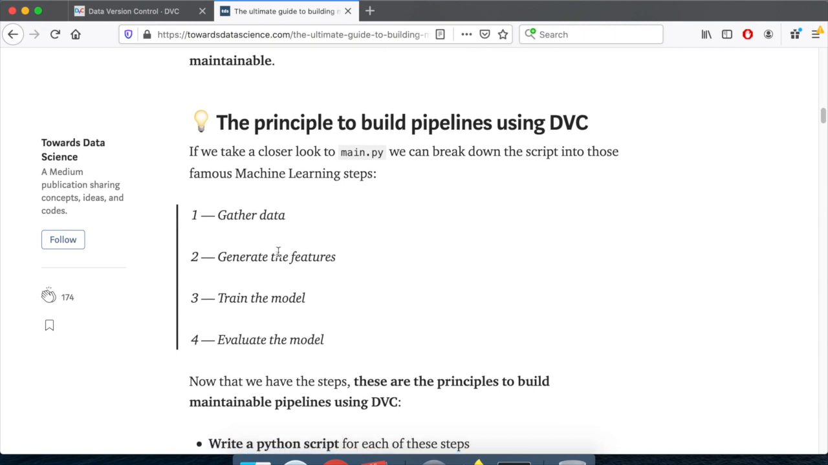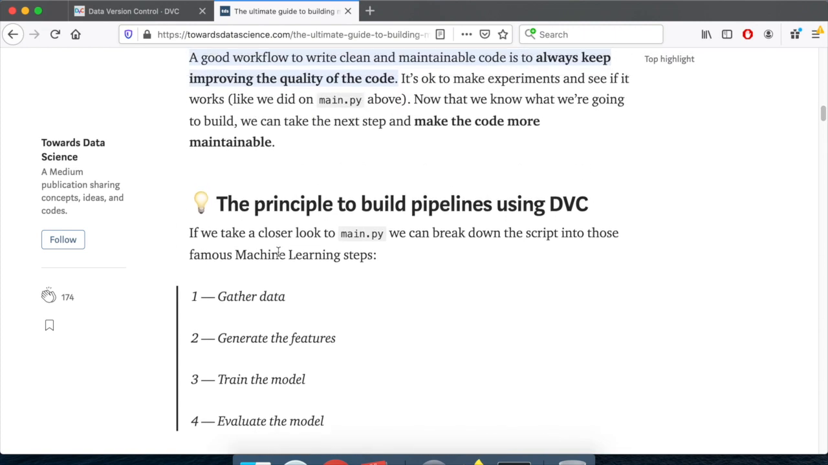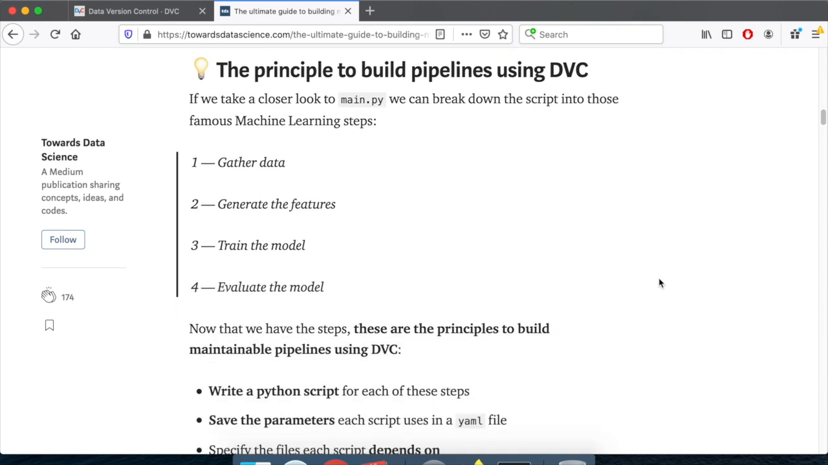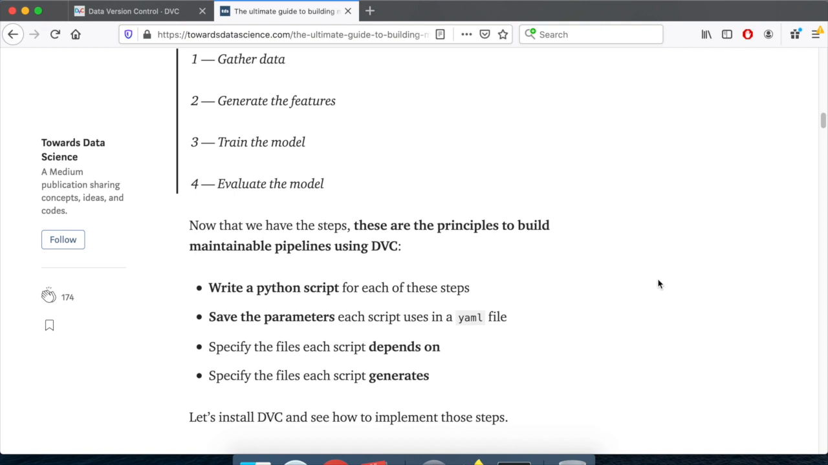We can see that we can break down this script in those four famous machine learning steps: gather data, generate the features, train the model, and evaluate the model. I'm not a native English speaker, as you may have guessed. So okay,